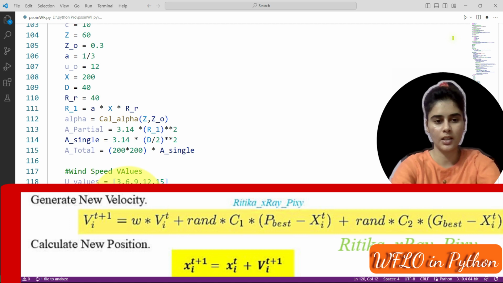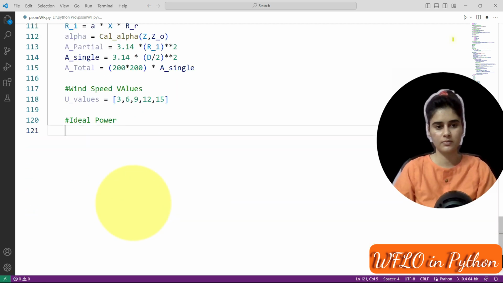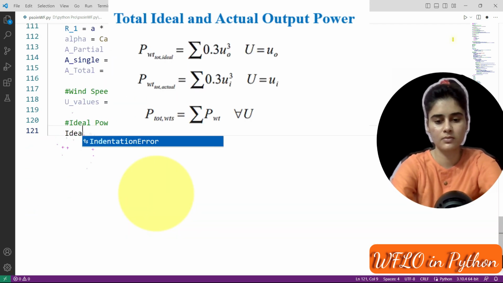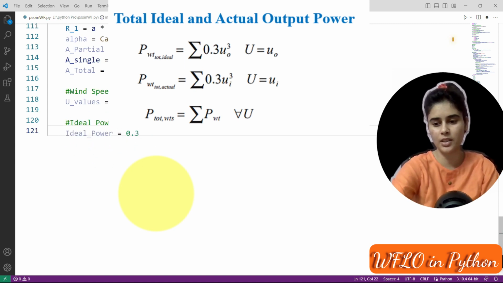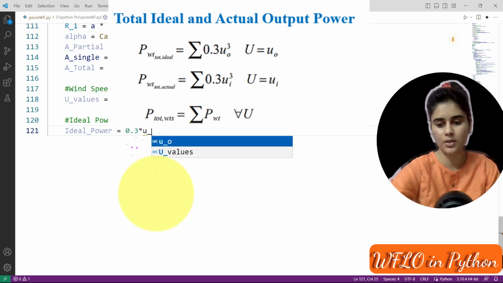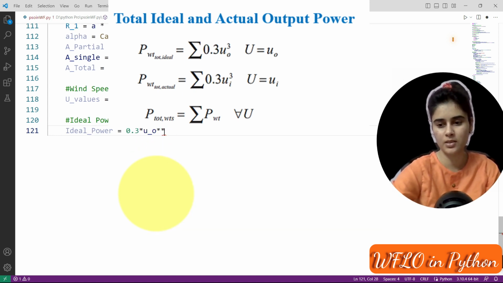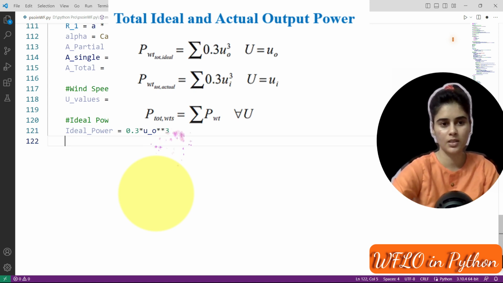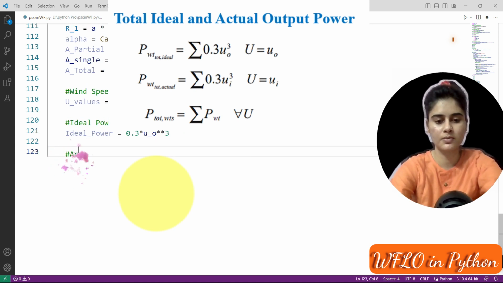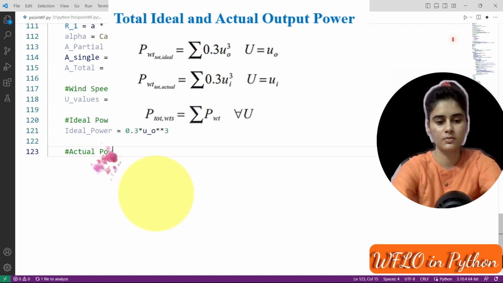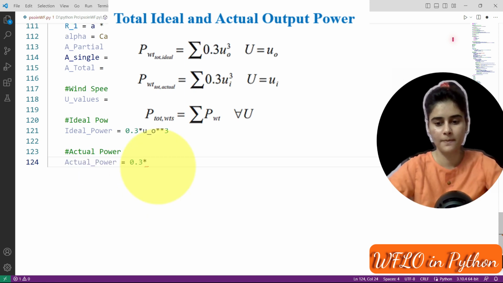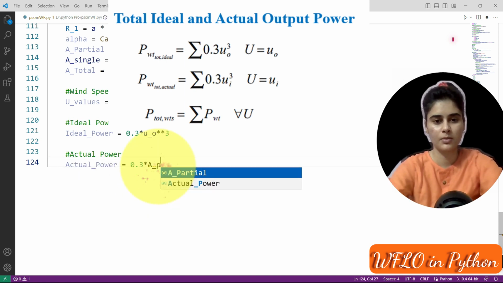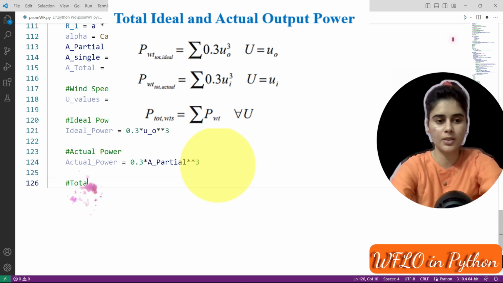First we have ideal power, that is 0.3 into u0, constant wind speed power 3. Done. Next we have actual power, a partial power calculation.